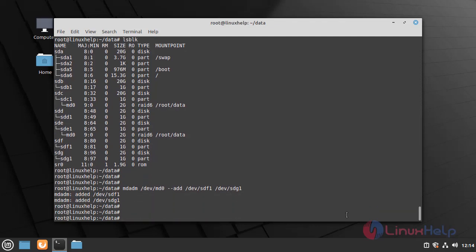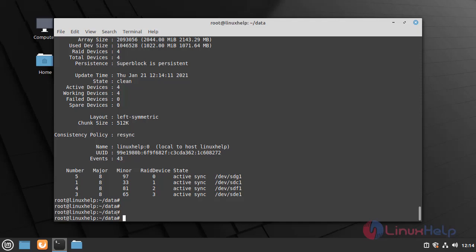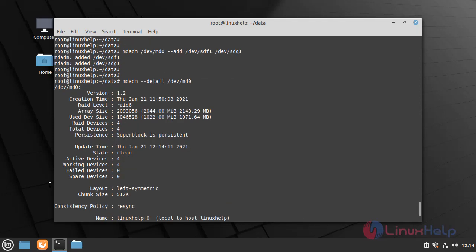The 2 drives are added. Now check the details of the RAID. Here the new drives are added, sdf1 and sdg1 are added, and there are no failed devices.